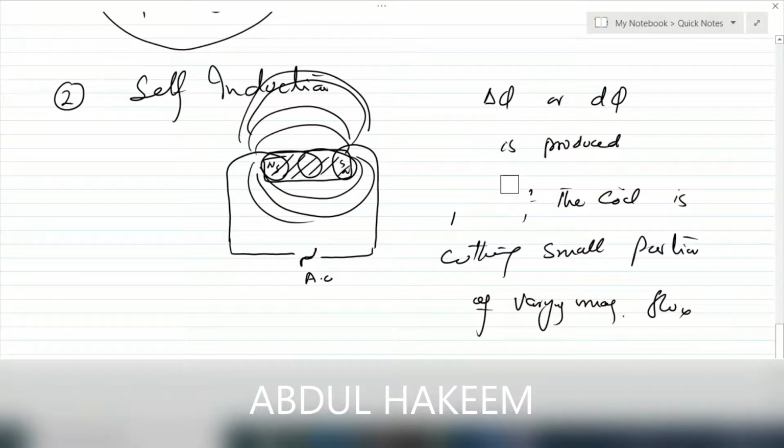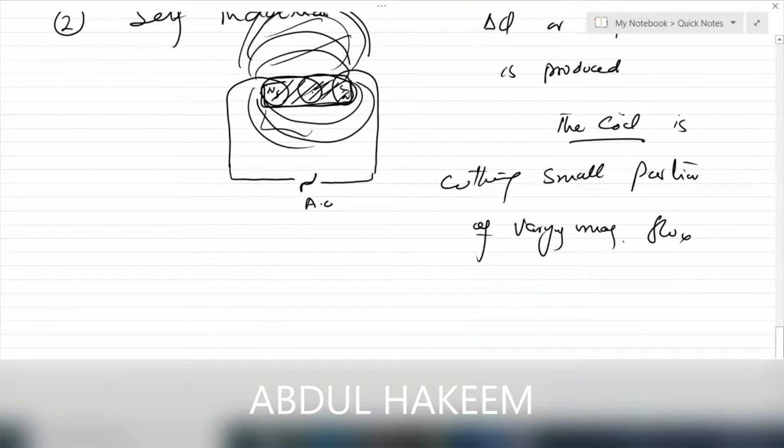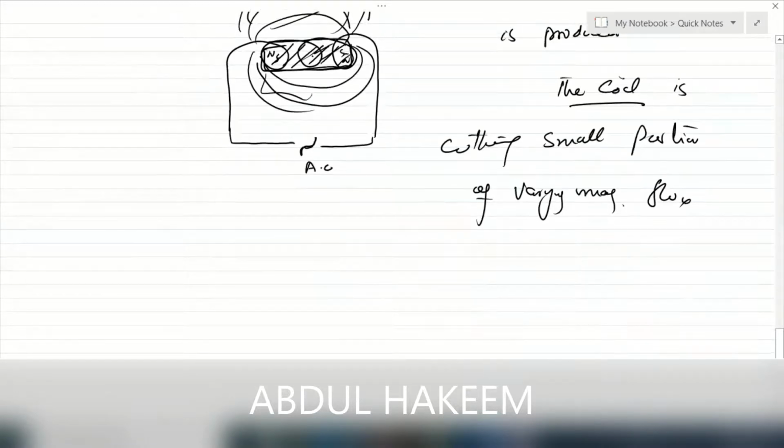So we can write, this coil, this one, 2, 3 turns, is cutting a small portion of the varying magnetic flux, because this is the area of the flux, but this portion of the flux is cut by the coil itself. So when a small portion of the magnetic flux is cut by the coil, according to Faraday's law,